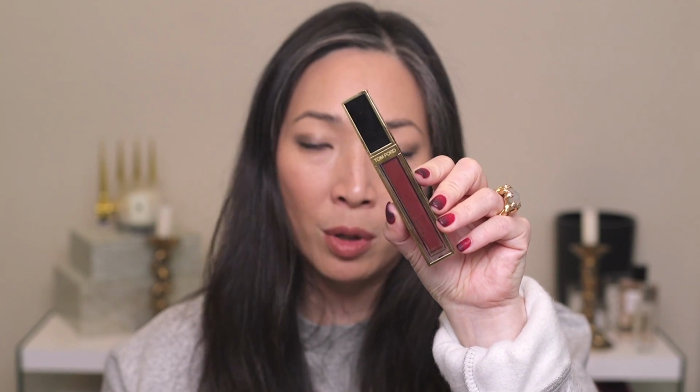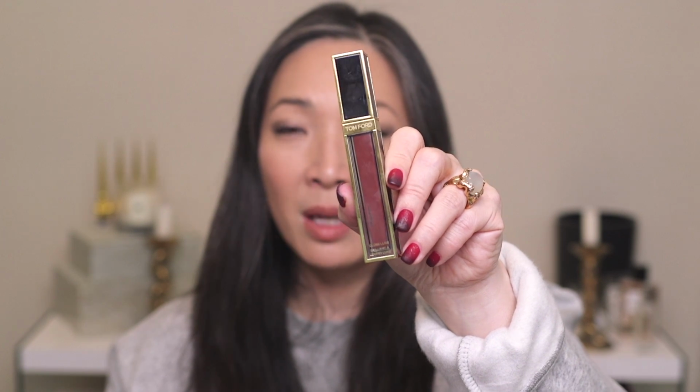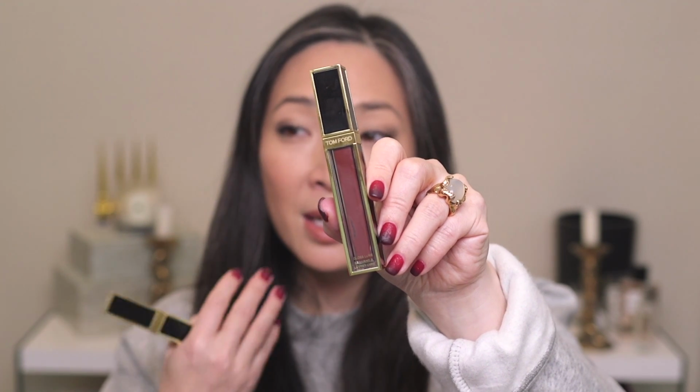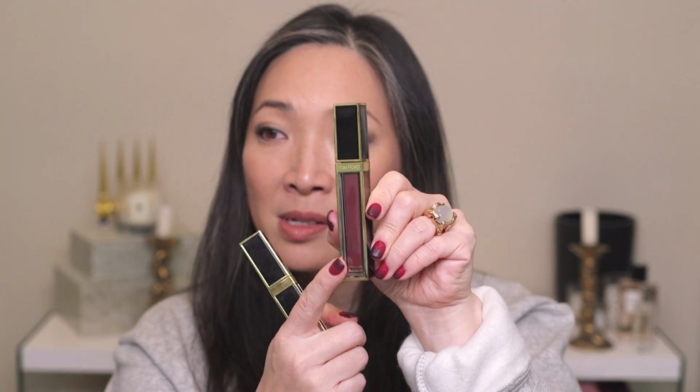I was really loving them for the summertime, but the 2 that I think I'm going to be reaching for even more during the fall winter is the Fantôme color. This is one that I've been reaching for a lot. I mean, it doesn't really matter what season it is. I just love this color. And because it's a gloss, it's not quite as dramatic as it appears in the tube. It's not going to be too pigmented. It's just going to be a really, really nice light wash of this color, and